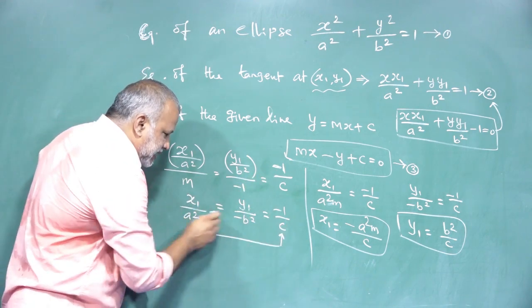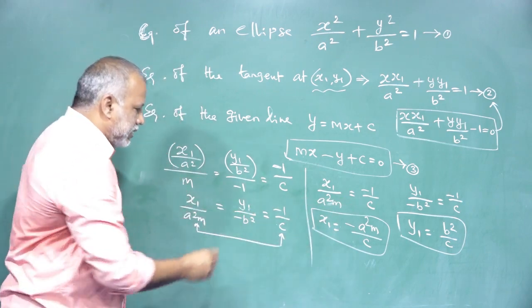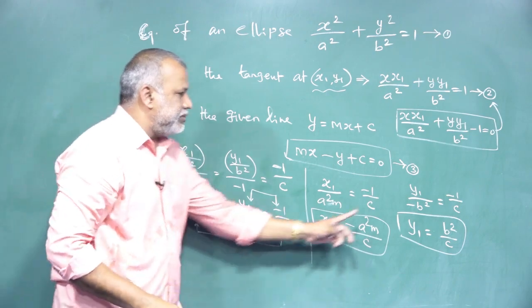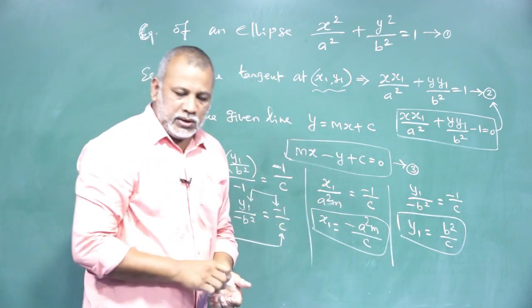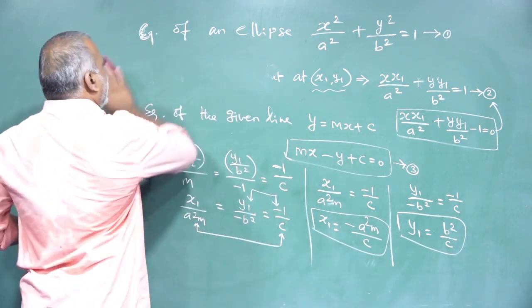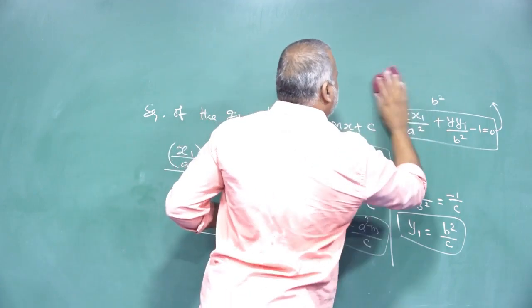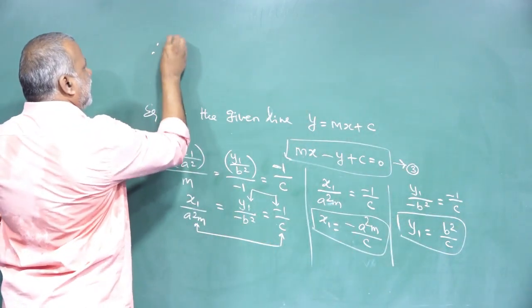I can equate first and last. See, I am equating first and last, I am able to find out x1. In the same way, equating the second and third terms, we can get the value of y1. Now x1 comma y1 we are able to find out, because x1 comma y1 is nothing but the point. Therefore the point